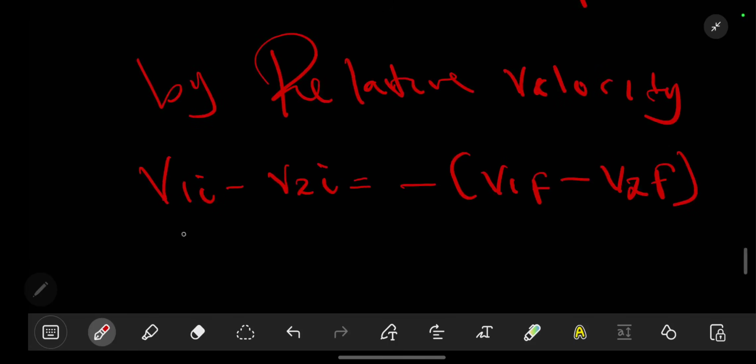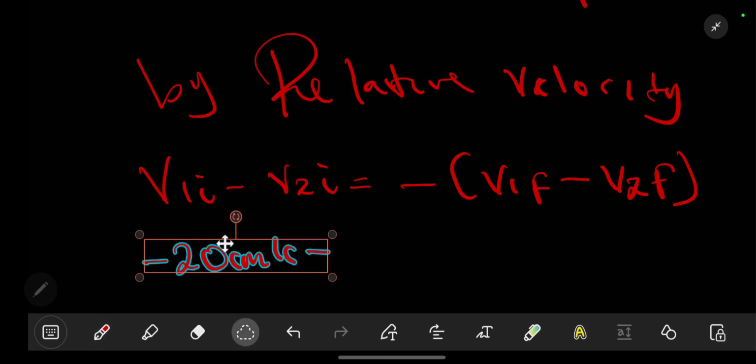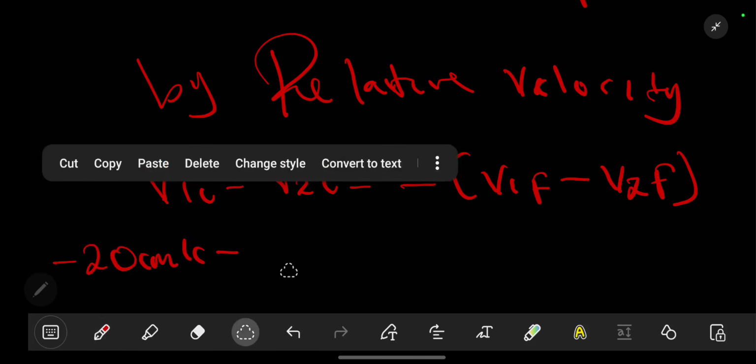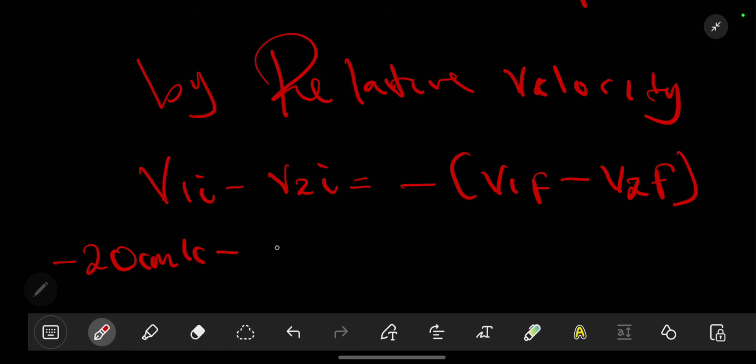So we have V1 is negative 20 centimeters per second minus V2, which is equal to the 30 centimeters per second, but this negative is from the formula, should be equal to negative V1 final is unknown, so